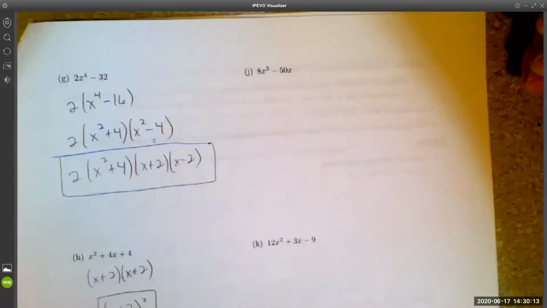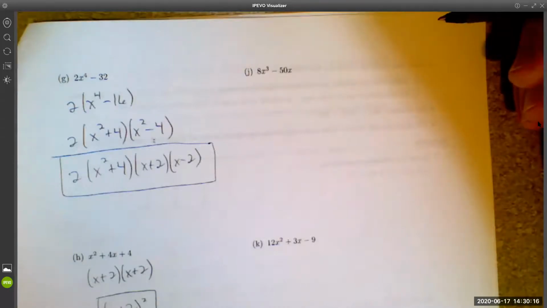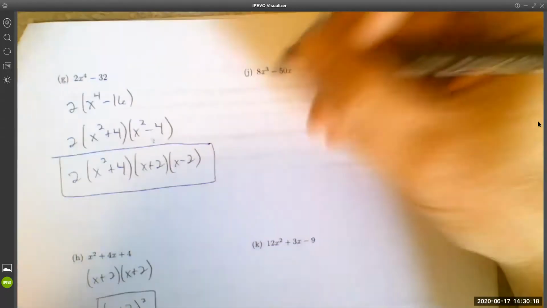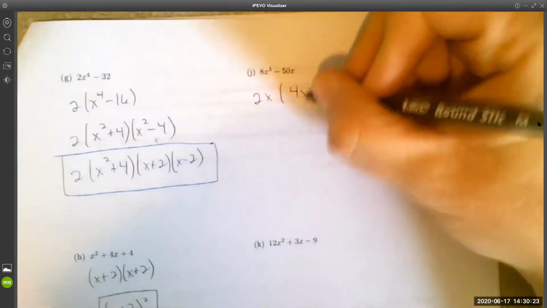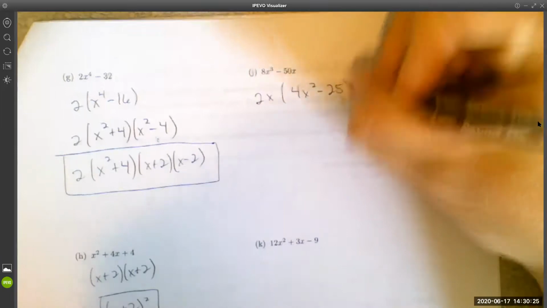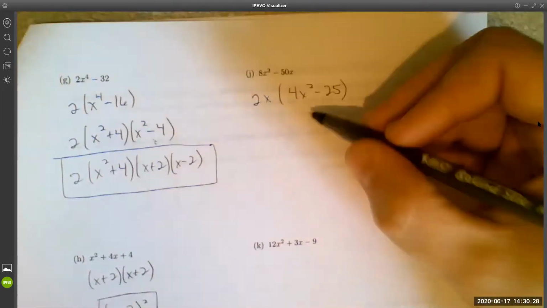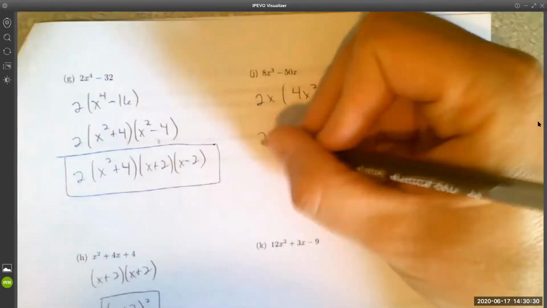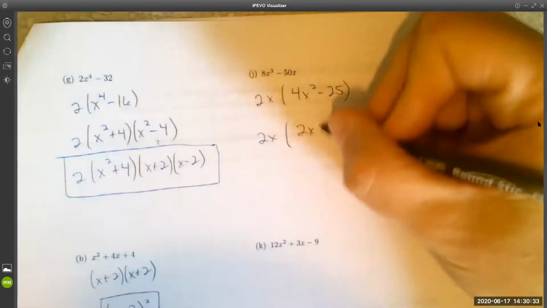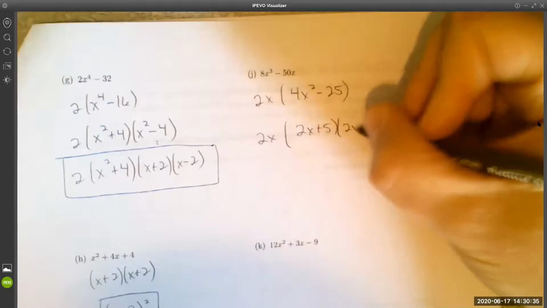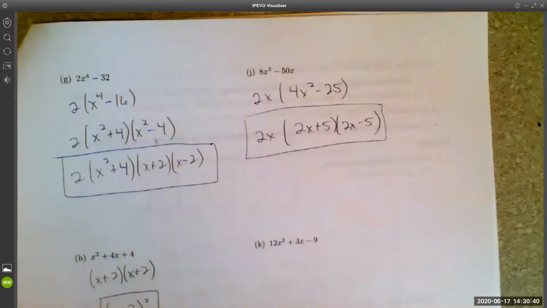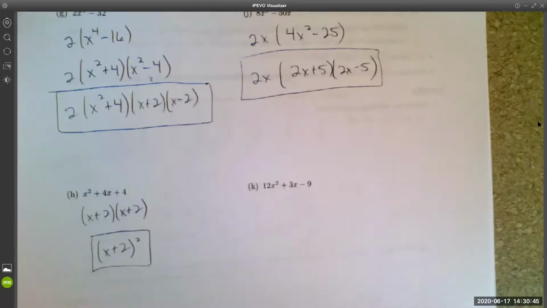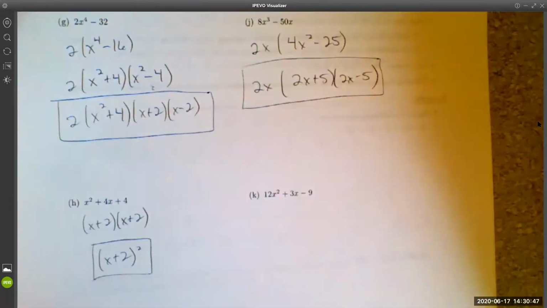Okay, moving on to part J. You can definitely take out a GCF. I think a 2x. And then the thing that I'm left with is a difference of squares. Moving on to part K,